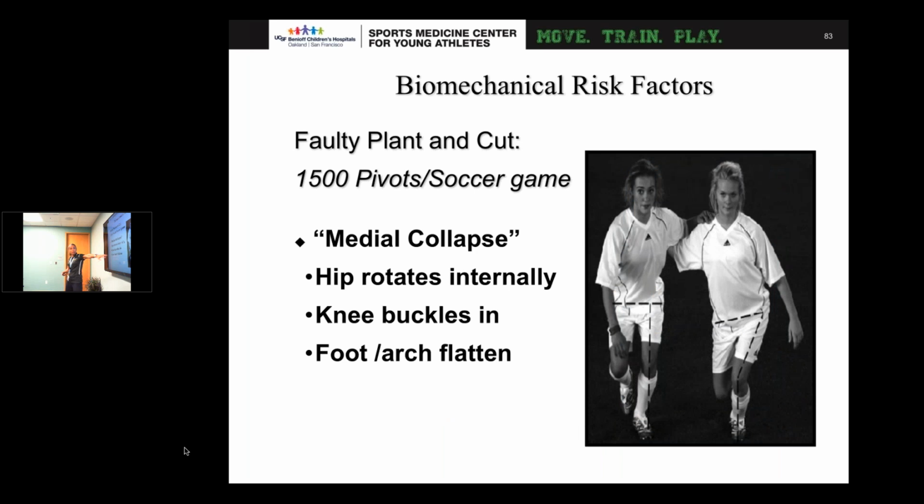And here you can see this athlete is landing with pretty much a straight limb. It's loading straight up and down, versus the other athlete getting that medial collapse, really a lack of hip control. I wish I had a side view here as well. It's not just not letting the hip in.